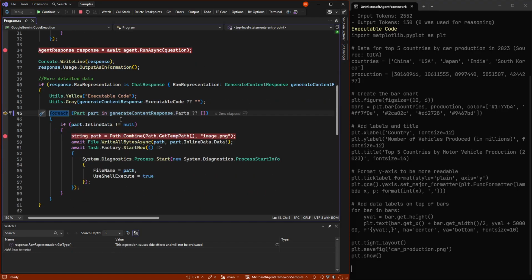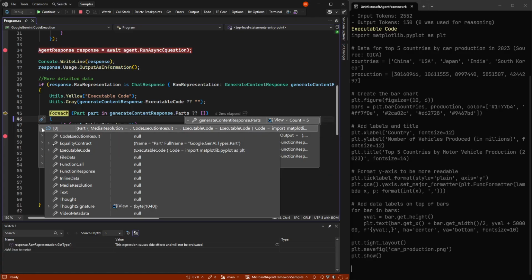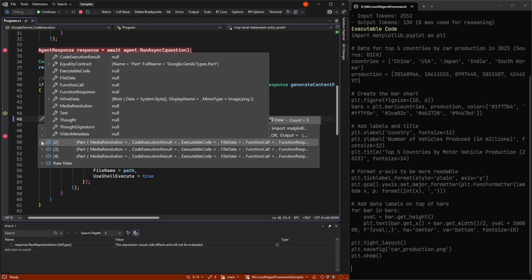But inlined in this, there's also something called parts. And in here, there are multiple parts of what it has done. So the first one being the code that it generated, then the result of that code. Then it gives us back the image in a blob, so we get the raw data inside here.